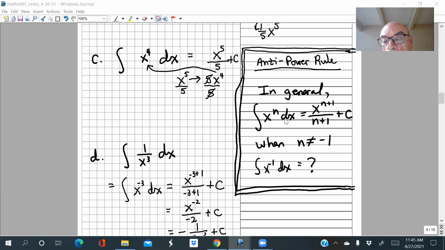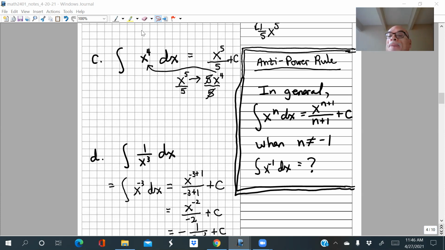And that leaves us a big mystery, as I mentioned last time, which is what is the antiderivative of 1 over x, or x to the -1 power? And well, we're not going to actually find that out this semester. So we're going to leave a little bit of a void here. That is where Calculus 2 will start, trying to determine what is the antiderivative of x to the -1 power. And it turns out to have a very important and interesting answer.